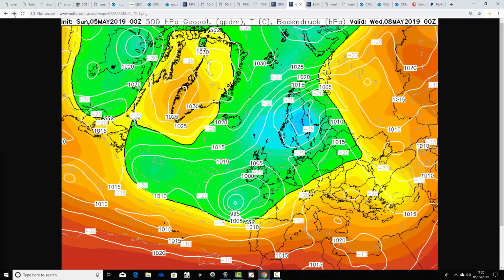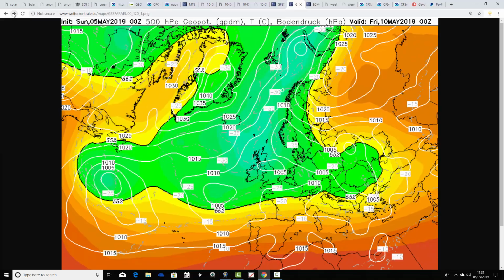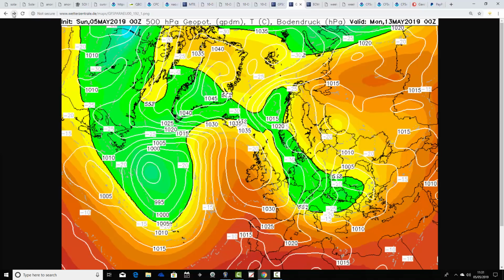So that's for Wednesday. Low pressure's heading in off the Atlantic. That's bringing showers or longer spells of rain with it through the middle part of the week. It'll be very unsettled. Those showers, longer spells of rain take us into the end of the week as well. Pulling back those northerly winds at the end of the week and into next weekend before the low pressure exits